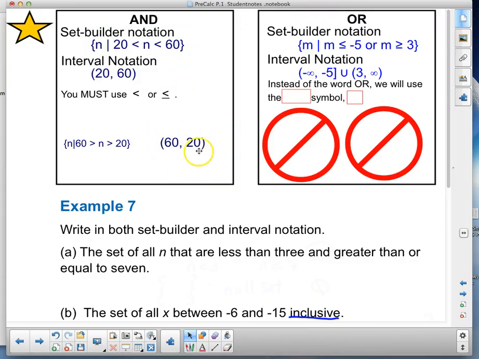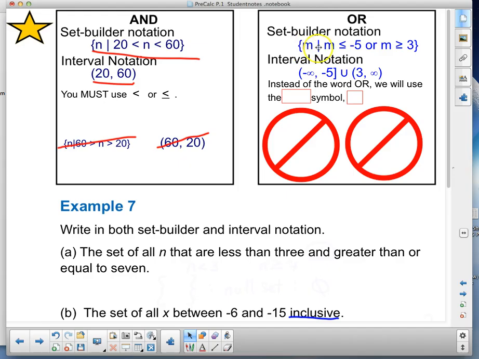And you will not ever do this. So remember, these are just bad notation. This is the notation we're looking for when we do these. Now, when we're doing an OR,